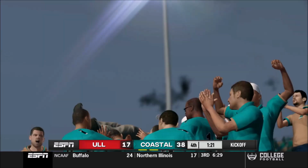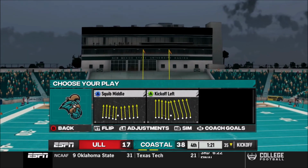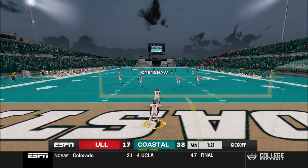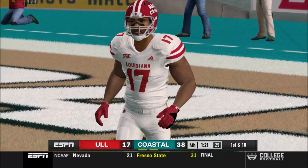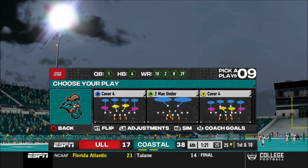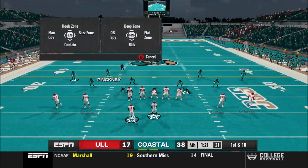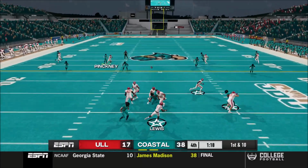He splits the uprights for the extra point. Sends it sailing downfield. This one's going to be down in the end zone for a touchback. So the offense will come back out onto the field, hoping for a little better result than that last pick 6. This quarterback needs to be a little bit more careful because this defense is excellent on capitalizing off of